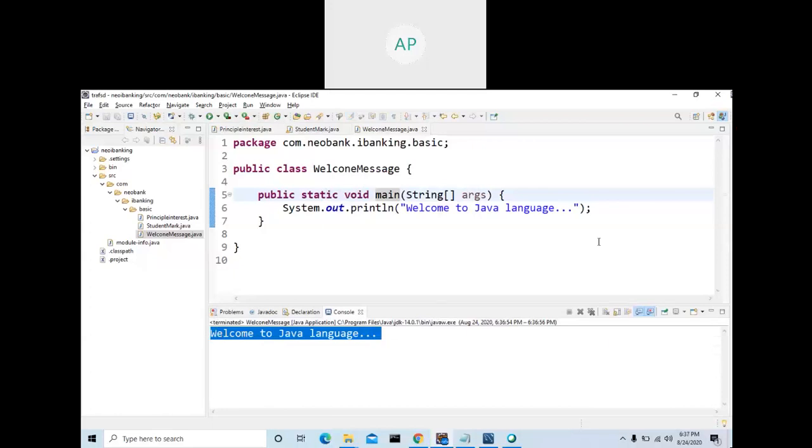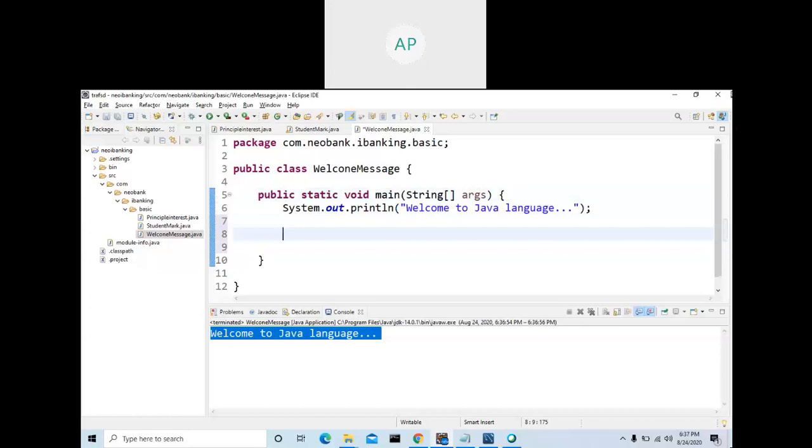Okay. I will write some more instructions. I will add two numbers and display the value. So here you are not learning anything, you are just trying to get a high level idea of what a class is. Forget about what I write inside. I am just explaining this to help you understand what is a class and what is a method. Just the basics. Forget about public, static, void, main. I will explain.